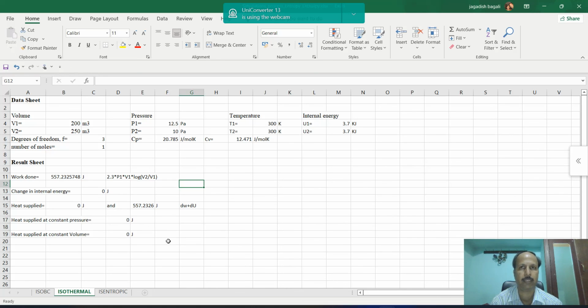Enthalpy is the heat supplied at constant pressure, so you can see the heat supplied at constant pressure is also 0. Now since the internal energy change is 0, the heat supplied is 557.23, which should be equal to the work done. So it is 557.23 and 557.23. This is how you can simulate an isothermal process using the online simulation available. Thank you very much.